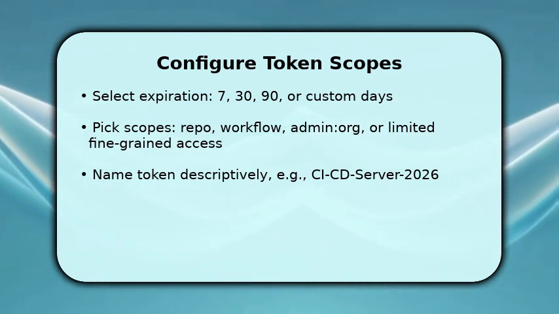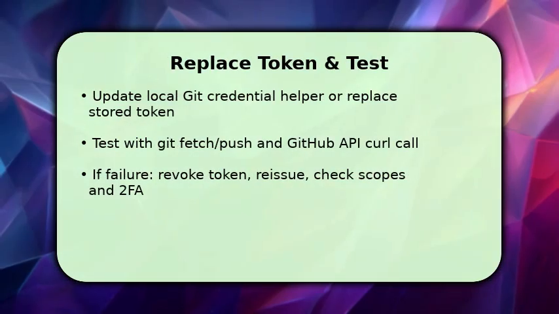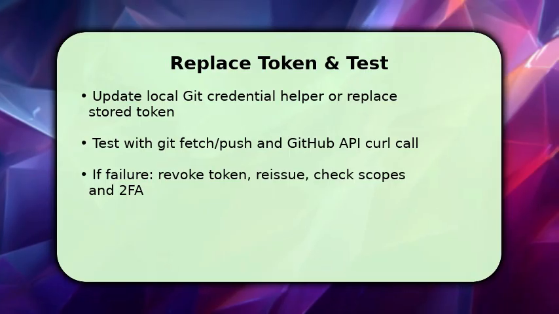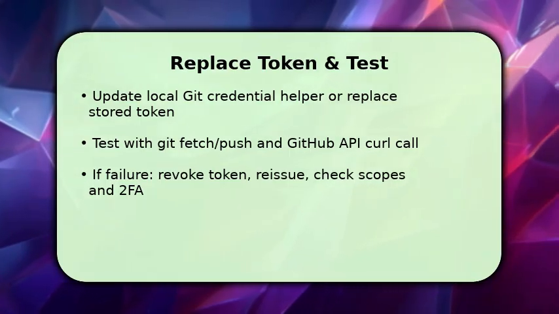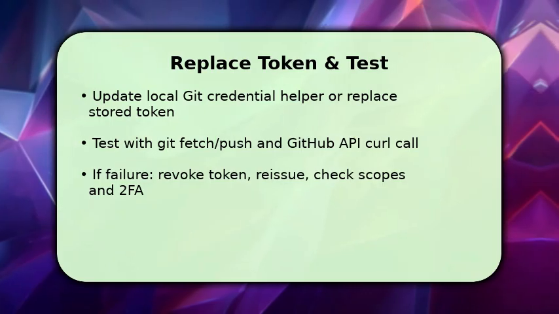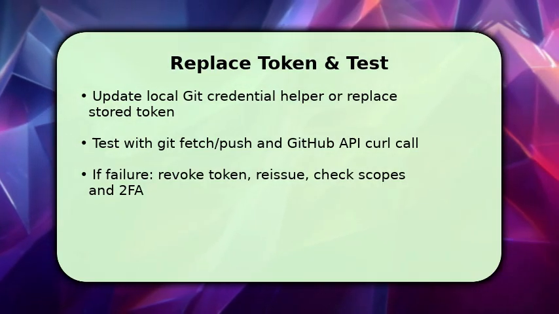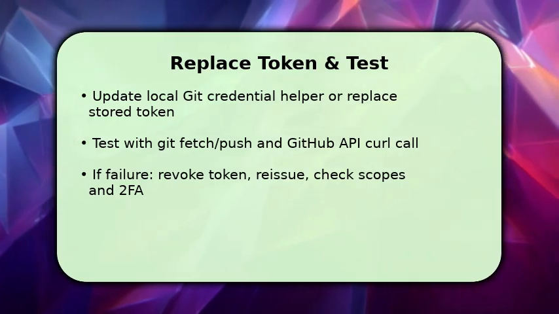Now replace the old token wherever stored, your OS Credential Manager, CI Secrets, or Git client. You can run Git Credential Manager, erase then Git push to prompt new credentials, or update saved secrets in your CI. After updating, test by running git fetch and git push and optionally curl -H authorization: